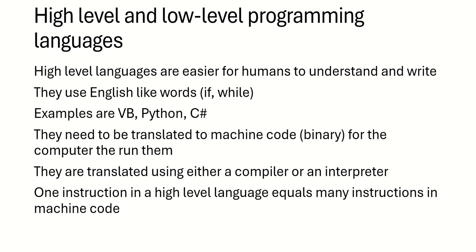High level languages are like Python, C#, VB. They are easier for humans to understand and write. They use English-like words, for example, if and while. I've told you already the types of languages this relates to. I've told you already they need to be translated to machine code for the computer to run. They're translated by either a compiler or an interpreter. One instruction in a high-level language equals many instructions in machine code. So you could take an if statement, for example. It's a couple of lines when you write it, but when it's translated into machine code, it might be like